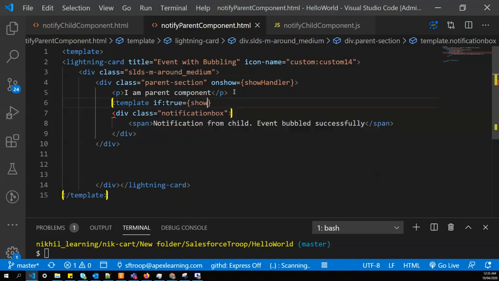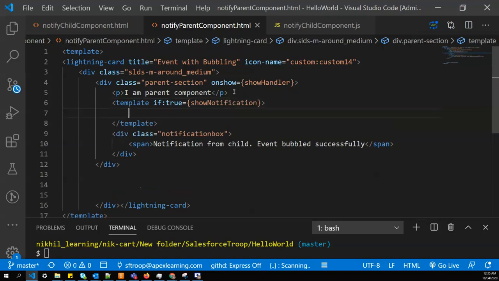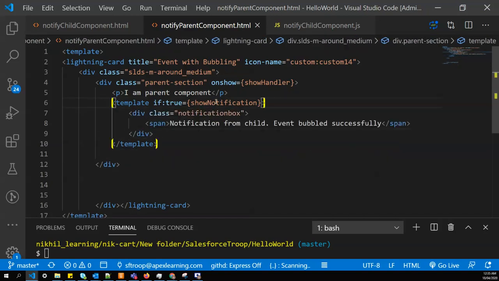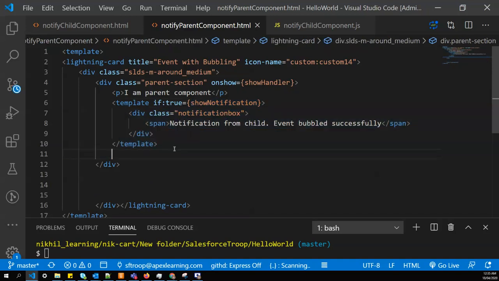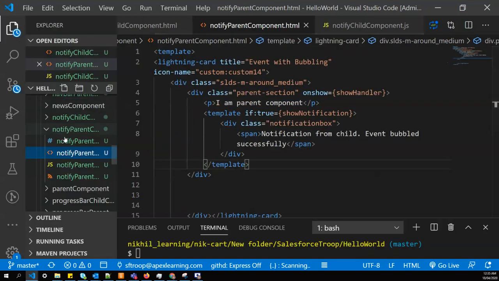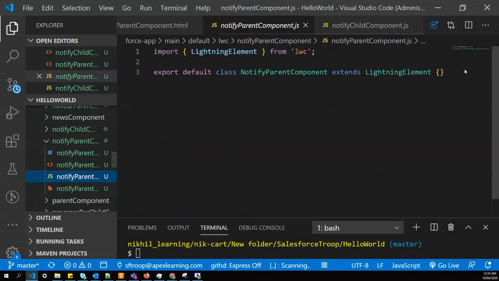So we'll say this property name show notification, and we'll cut and paste inside this template tag. So let's create this property.